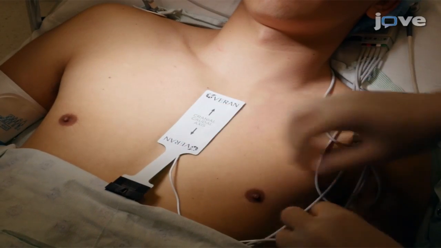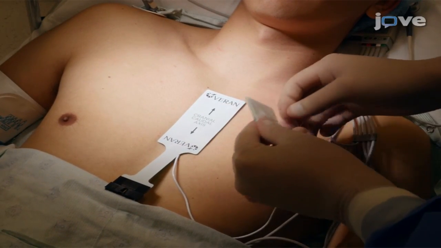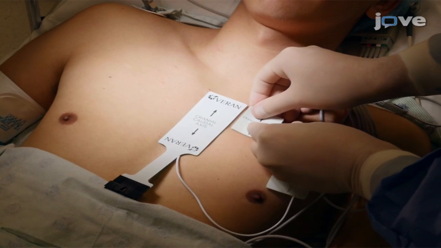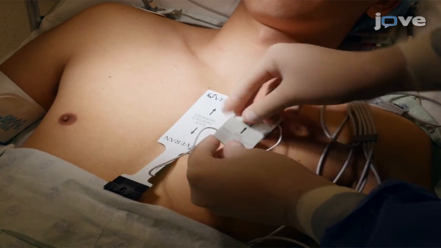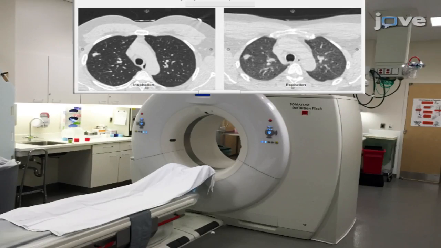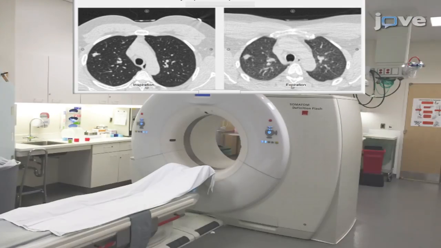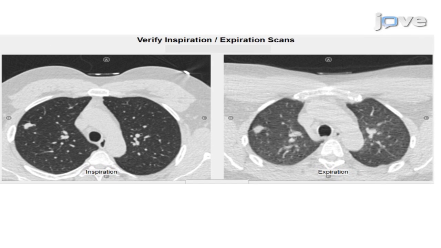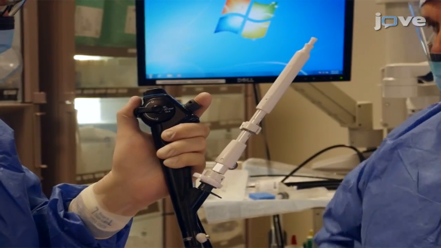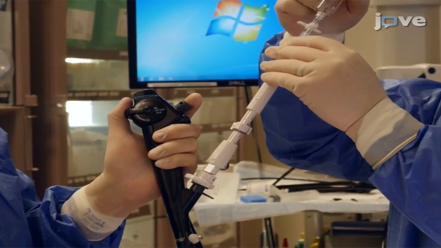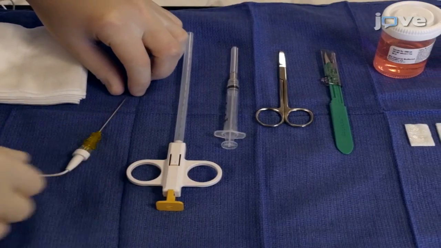On the day of the procedure, attach the electronic reference point pads to the contralateral hemithorax of the target lesion to minimize pad overlap with the TTNA biopsy entrance point. Obtain a baseline inspiratory and expiratory non-contrast chest tomography with 0.5 mm intervals and 0.67 to 1.25 mm thickness as per the manufacturer. After administering anesthesia and performing EBUS-TBNA for mediastinal staging, assemble the tools and instruments shown here for